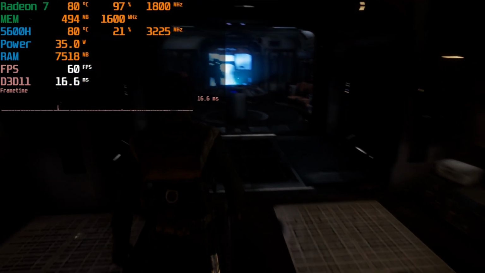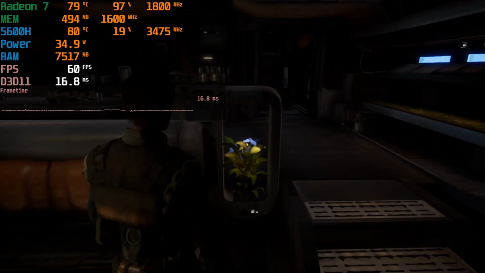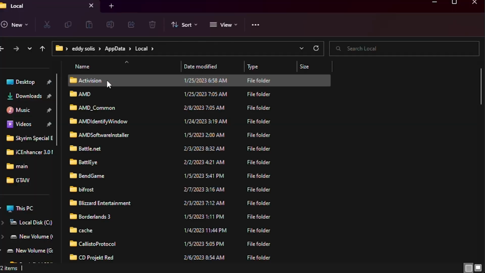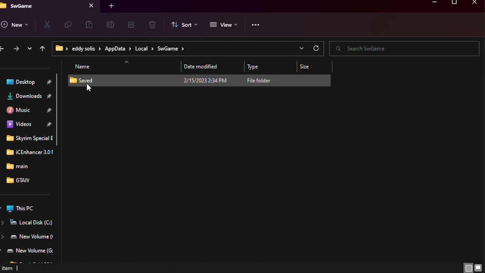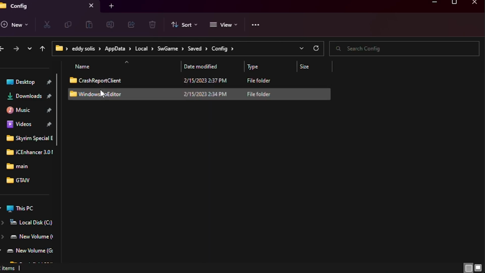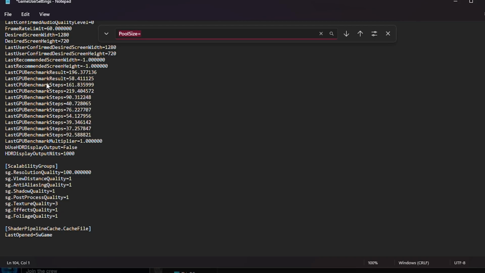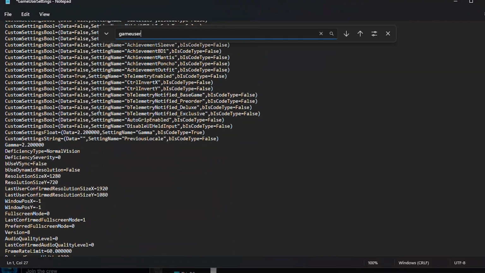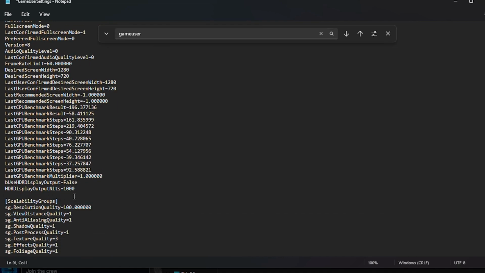Now there is a solution to this, and I'm going to show you right now how to fix this, because you can max this out without having to worry about it affecting performance at all. And the way to fix this is you go to your app data, then local, and then from here you pretty much have to just go down to where it says SW game saved config Windows no editor, and then you open up the game user settings. And once you have this open, you can just look up game user to get to the game user settings, and all the way down in this category you just have to go down here and add in this line: